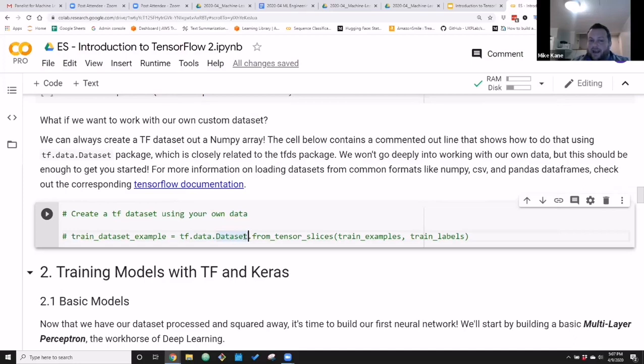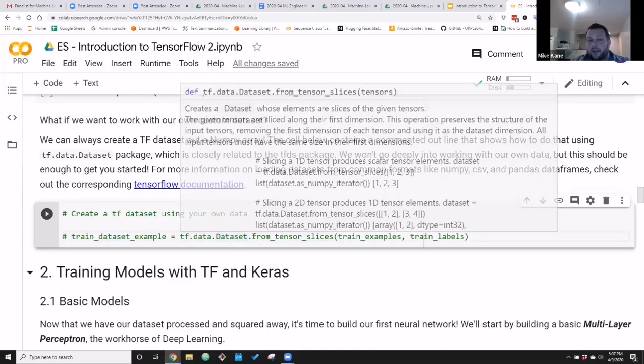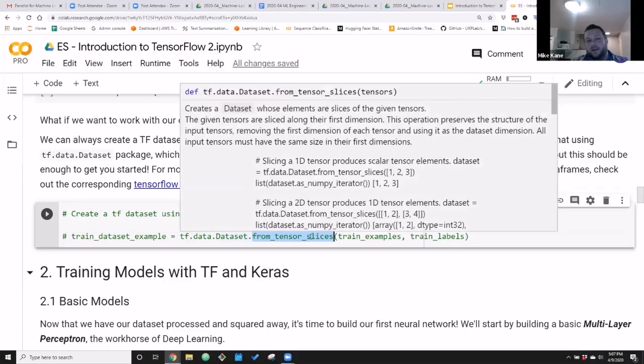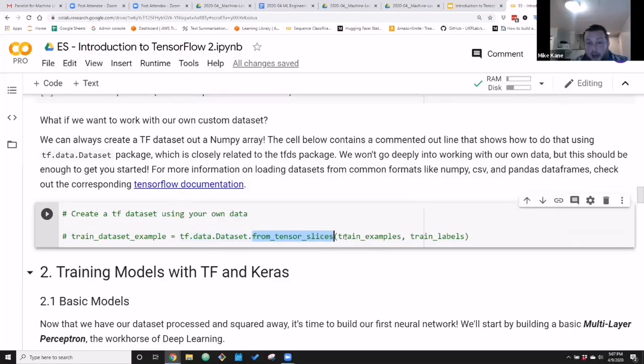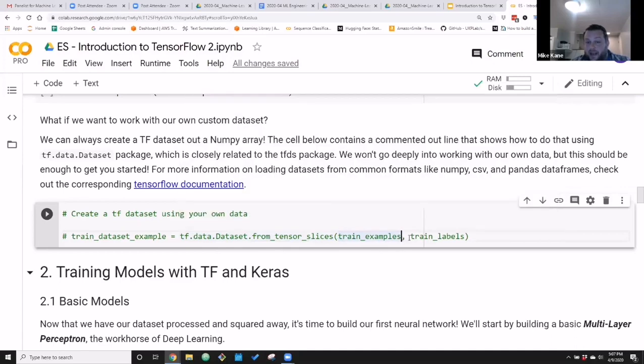So you can create a dataset object manually from TensorFlow, and it has a method called from_tensor_slices. And again, tensors are just an array. It's a list full of lists, full of lists, however many. It's up to you, right? You have a vector, then a matrix, and then tensors, all the way down. So this is just a way of saying, hey, I'm going to give you some data and its corresponding labels, and you can just pass this in.